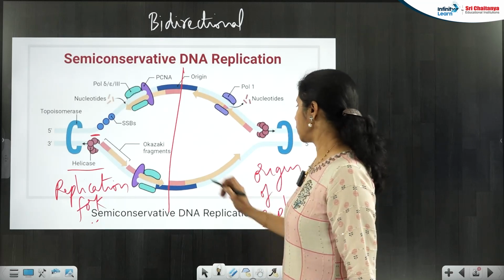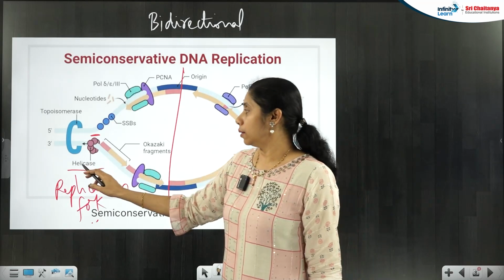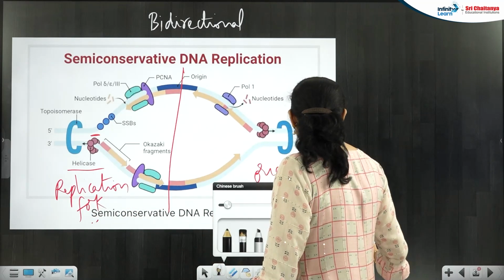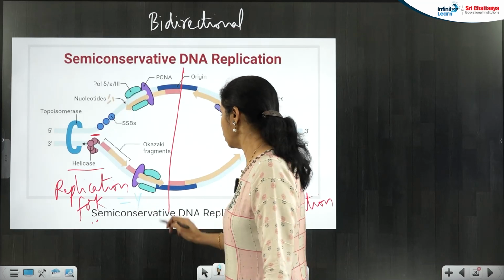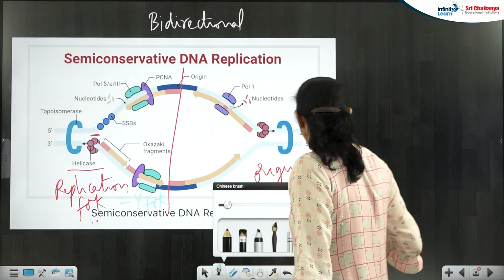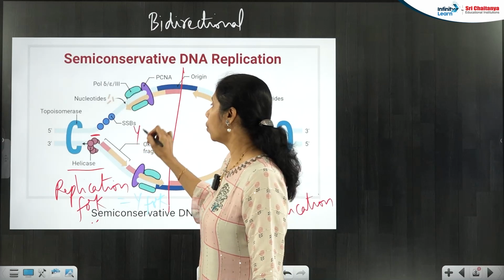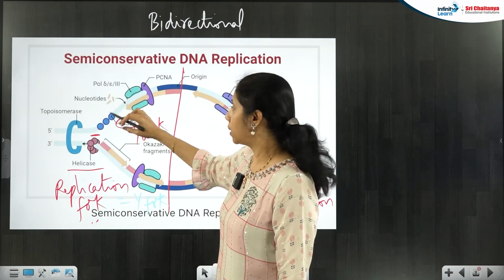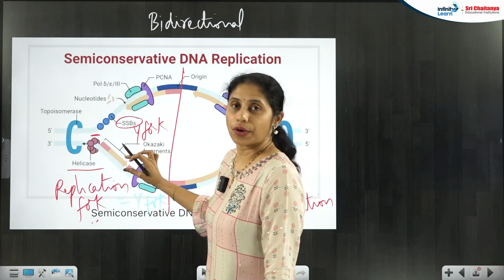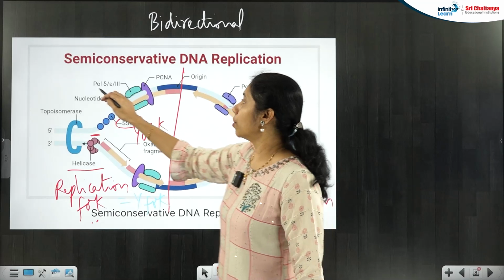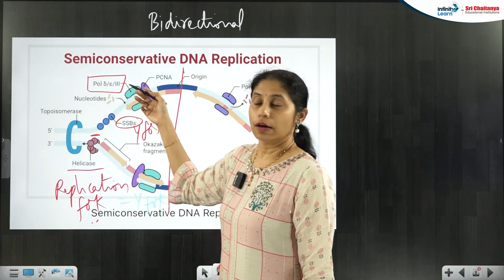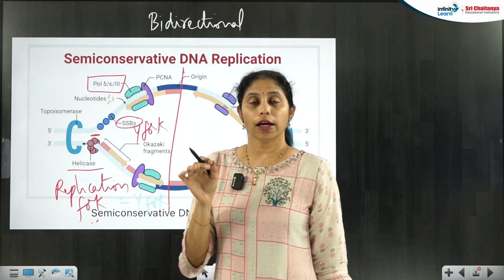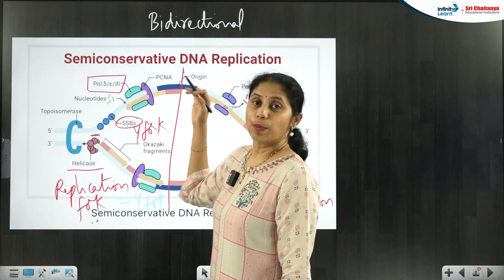First the ORI will be identified, and then helicase will go and open it up to form the replication fork, also called the Y fork. After separation, the single strand binding proteins will come and bind to the separated strands and stabilize them. After that comes the DNA polymerase. Different polymerases have been given names, but a DNA dependent DNA polymerase will always polymerize